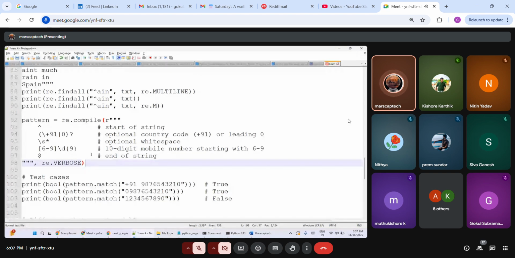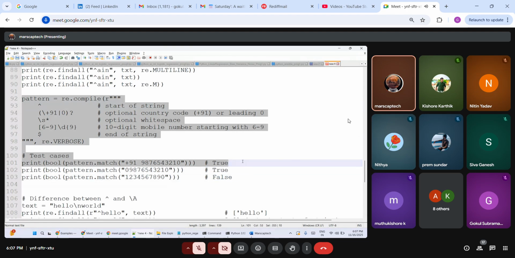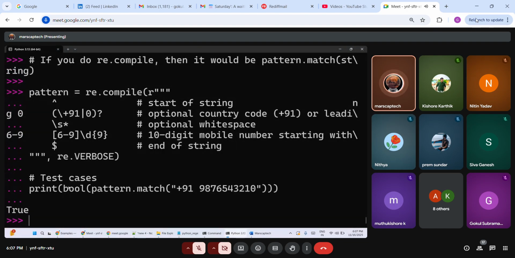We have completed this. So you do that with re dot verbose and all. Re dot verbose means what? Hey, this pattern you are adding some verbose, some text. So let me execute that. Boolean